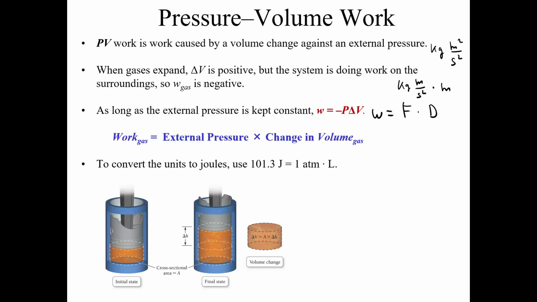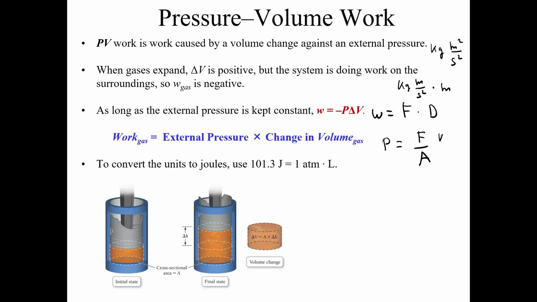We can also think of force as some sort of pressure, that there's a force acting on an area, right? So think of a hot air balloon or any kind of balloon where you have gas molecules that are moving around in a balloon, and they hit the inner surface of the balloon. So that's a force, those molecules bouncing depending on the speed, on the kinetic speed. And so that's a pressure, right? So you've got air. That's usually what we think of as pressure, air pressure, but it's actually a force that's acting on an area. And if you look at those units, they turn out to be not joules, but